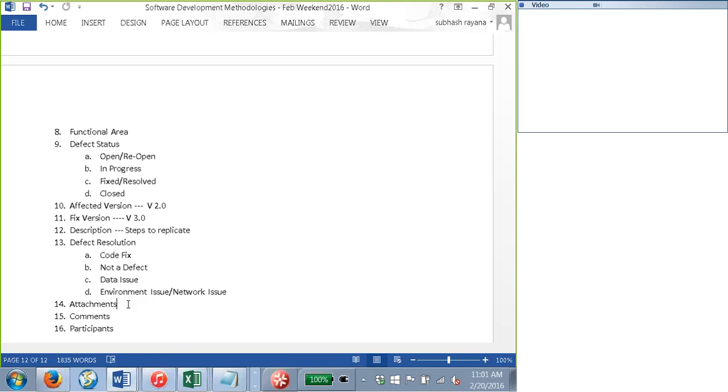It is necessary, yes. Because rather than reading all the description, I can quickly go through the screen. It makes it easy, right? And also, it is proof that you have tested. What is the proof that you have tested? You are probably just documenting something and making it up. I'm going to say, okay, where are the screenshots? I need proof that you have tested. Just because you have reported a defect doesn't mean anything to me. I need to see what you have done. Where is the test? I am not able to find it. You are basically just reporting it for no reason. So in order to avoid all these issues,